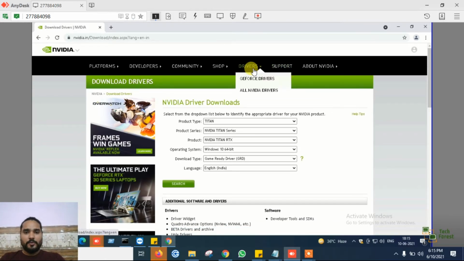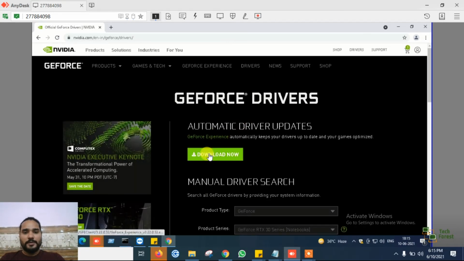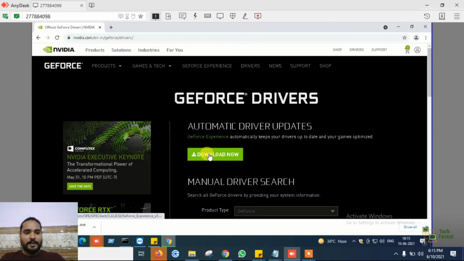Then go to the driver and select GeForce driver. Here you have an option to download the automatic driver update. Once you download and install it, it will search the installed hardware in your machine and allow you to update your graphics driver.